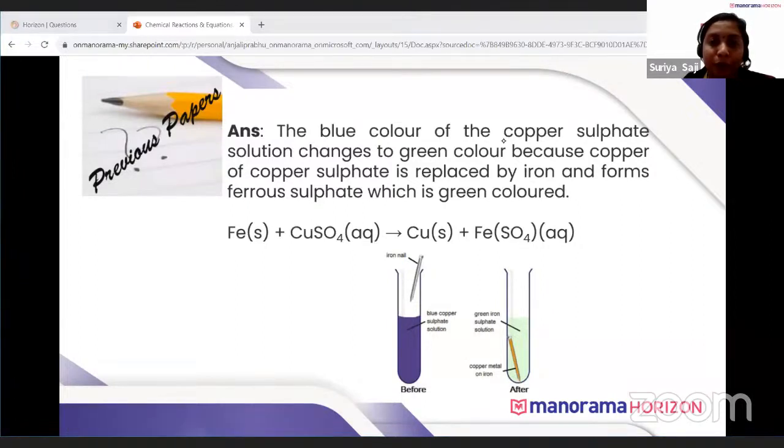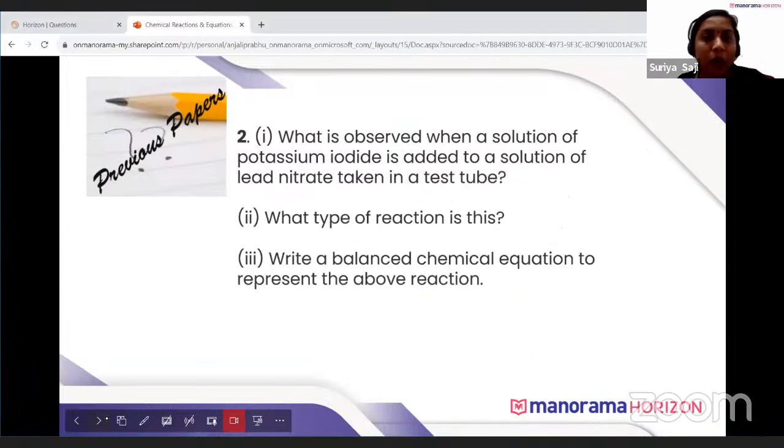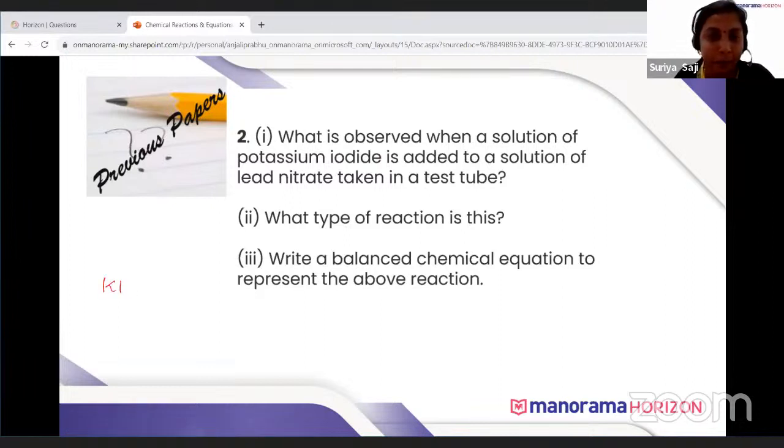Okay, let's see the second question. What is observed when a solution of potassium iodide is added to a solution of lead nitrate in a test tube? Okay, we got this reaction before, right? In the starting itself. Solution of potassium iodide, KI, reacts with lead nitrate. Here it is given as solution, so the phase is aqueous only, plus